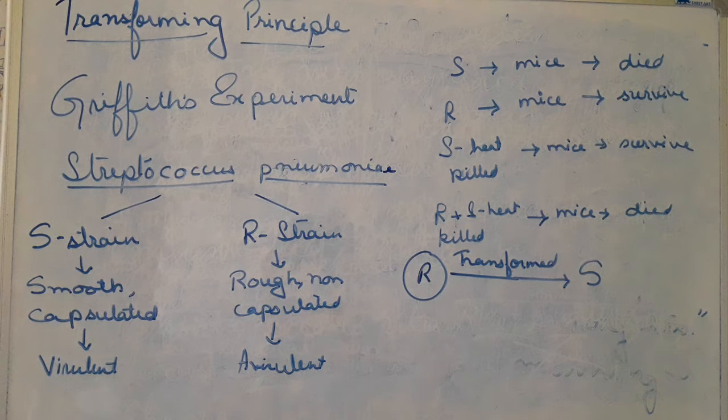They did a further experiment on the basis of Griffith's experiment, in which they purified the biochemicals. A cell should contain protein, RNA and DNA, isn't it? So from the S cells, they extracted the protein, DNA and RNA and then studied them. When they studied them, they found that the DNA alone from the S strain caused the R strain to become transformed. That means neither the protein nor the RNA was responsible.